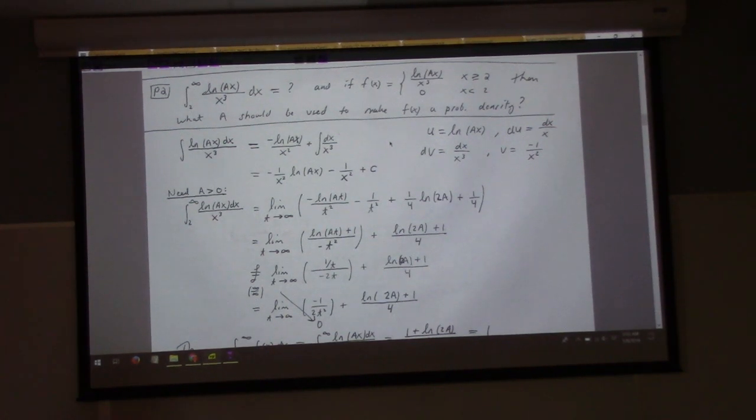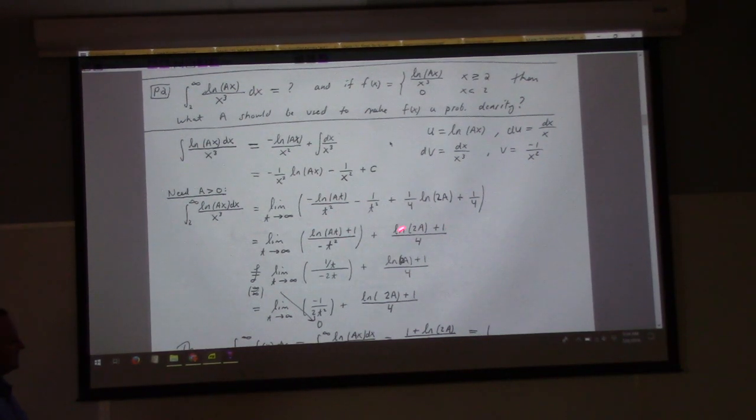If you had the misfortune of not canceling the a's, that makes the resulting algebra later impossible. So, sorry about that. I did tell you over here what you're supposed to do, because somebody asked me about it. Okay, anyway, after the integration by parts, use FTC2. That gives me this limit. This integral from 2 to t gives me that, right? And so I've got log at over t squared minus 1 over t squared, and then this term over here. I put the t squareds together, gave me that.